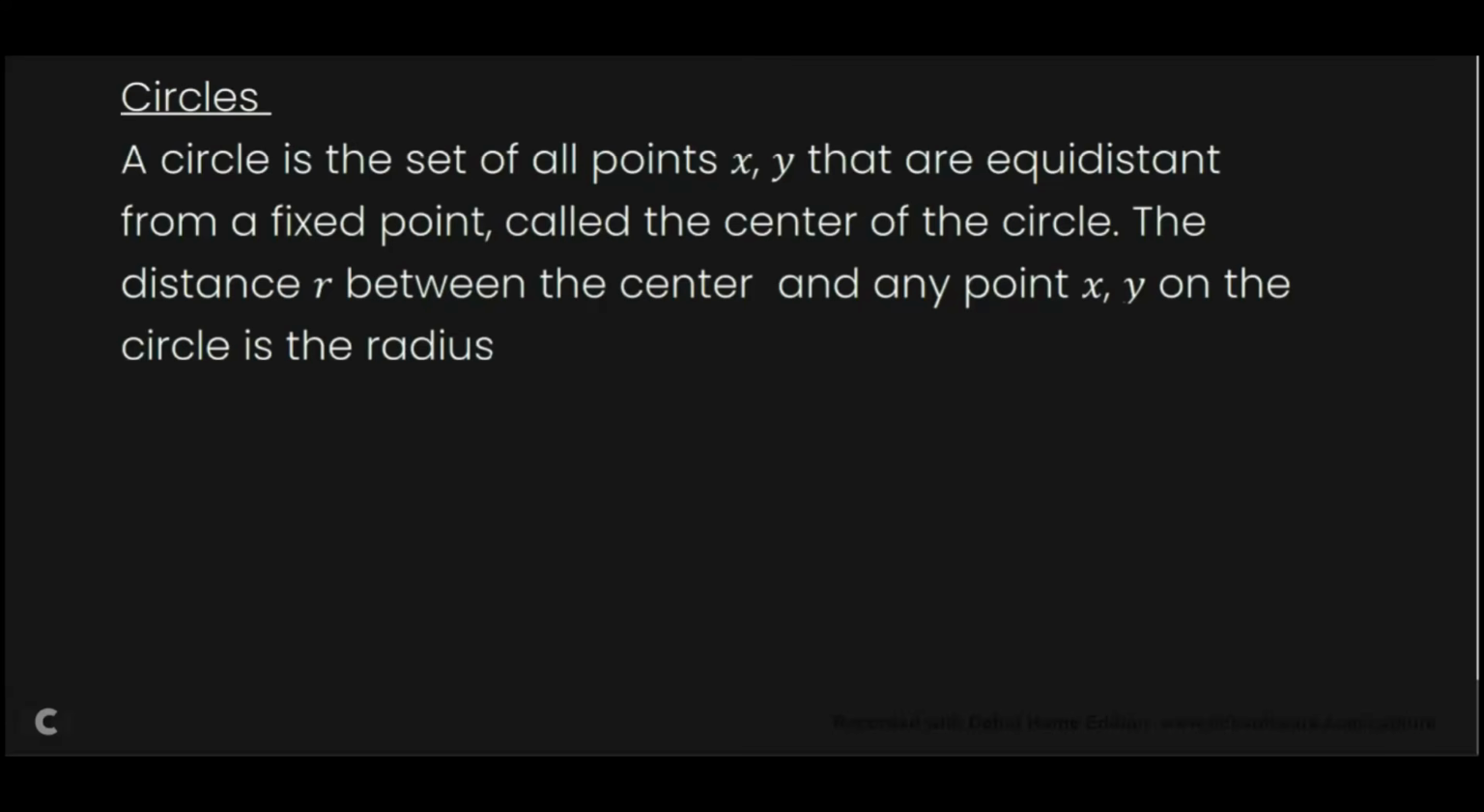So the distance, which is r, between the center and any point x and y on the circle is the radius. So what do we really mean? This means that you have this Cartesian plane, right? So I'll say this is your center, 0, 0, like that. Then you have some points, which are x and y,